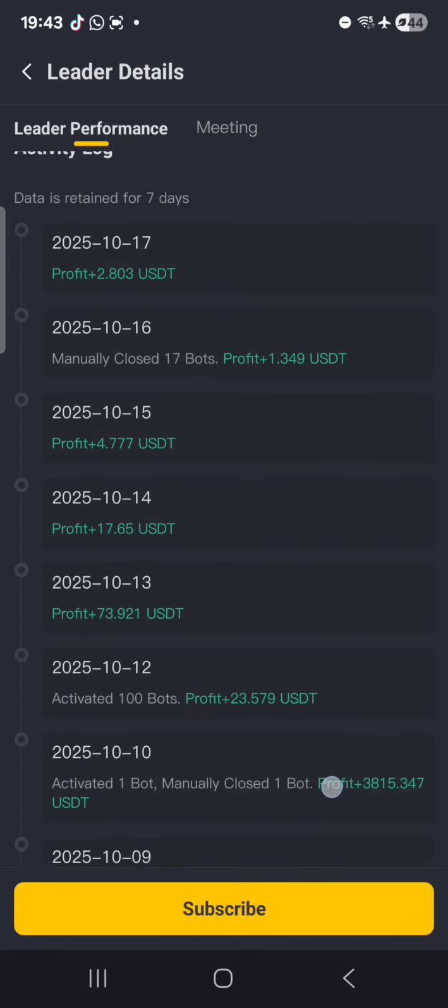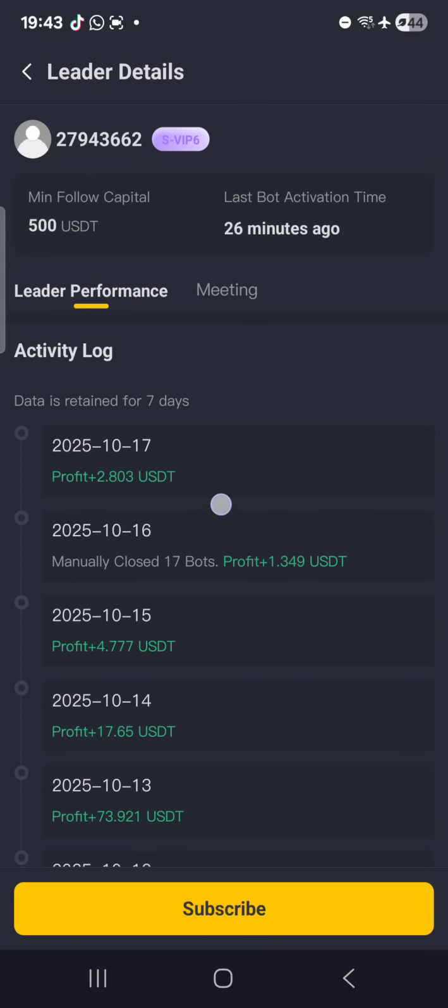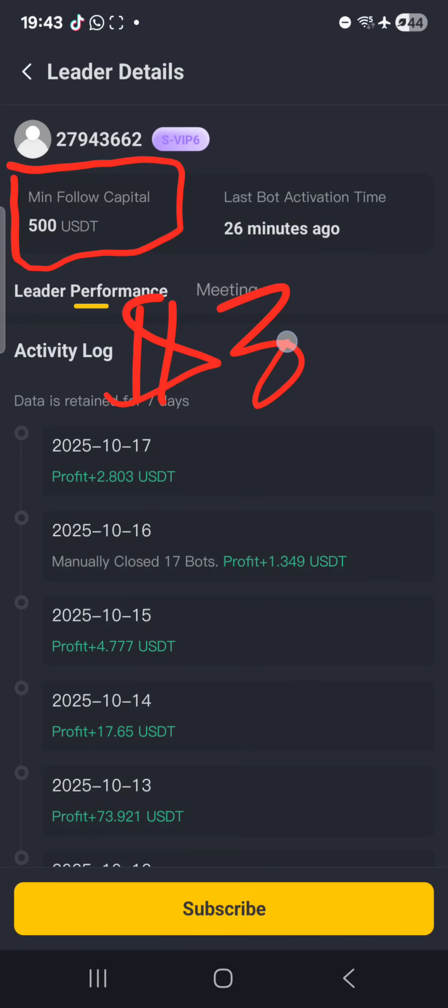So for you to be able to do this, all you need to do is now disregard this. Some of you are going to say minimum follow copy $500. Even if you have $30, you can still copy this. This is not important. It's just a feature that we put here. But the settings we have done, even if you have $30, $50, $100, you can still copy our trade